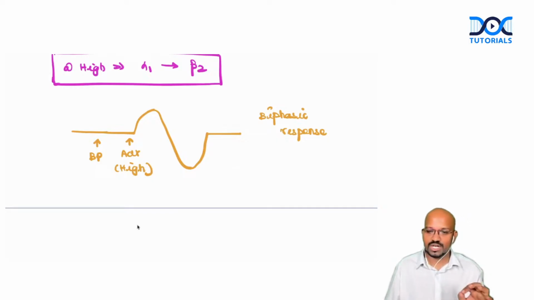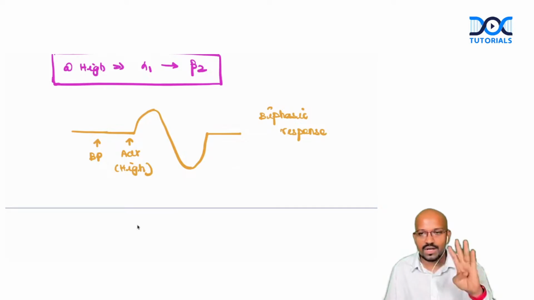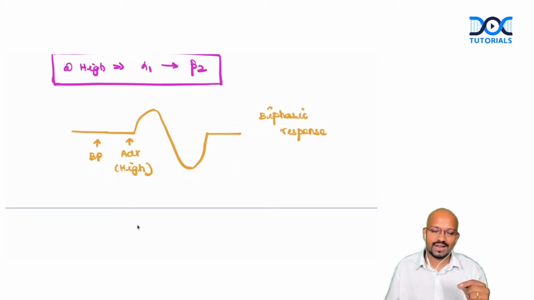So if a simple question comes, we have seen lots of one-liners till now. The first question is, what is the response of alpha 1 and beta 2 receptors? Alpha 1, remember that ABCD mnemonic, alpha 1 produces vasoconstriction, beta 2 produces vasodilatation. Noradrenaline has got no beta 2 activity, adrenaline has got all the receptors activity. Now, when the same adrenaline is given at low doses, it is more beta 2 selective. When given at high doses, initially alpha 1 followed by beta 2. Three important points we have dealt. The fourth important point is the concept of biphasic response. As we have seen, initially an alpha 1 induced increased blood pressure followed by beta 2 induced decrease in the